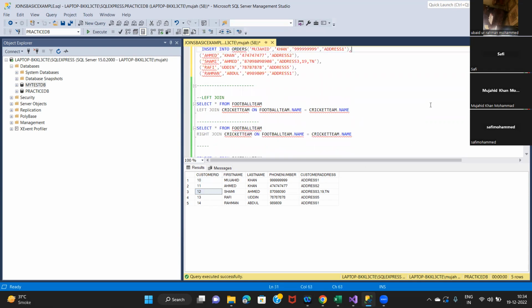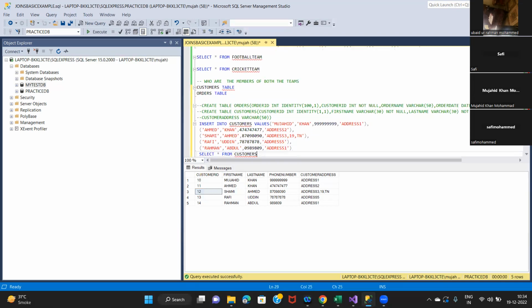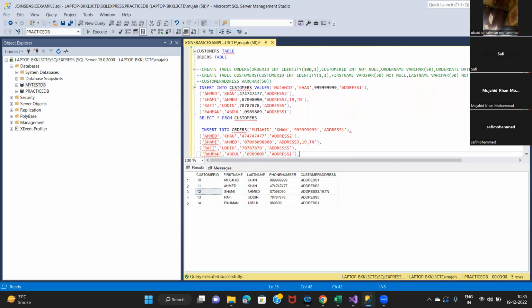अभी क्या करेंगे अपन, क्विकली ऑर्डर्स में इंसर्ट कर देंगे डेटा। इंसर्ट इनटू कस्टमर्स, इंसर्ट इनटू ऑर्डर्स। ऑर्डर्स में क्या क्या कॉलम से? ऑर्डर आईडी, एनीवे आइडेंटिटी कॉलम है। कस्टमर आईडी एक्चुअली सेव करते वक्त फ्रंट एंड से सेव करना पड़ता है। जब भी सेव करते हैं तो कस्टमर आईडी रीड करके ये वैल्यू सेव हो जाती है इधर।